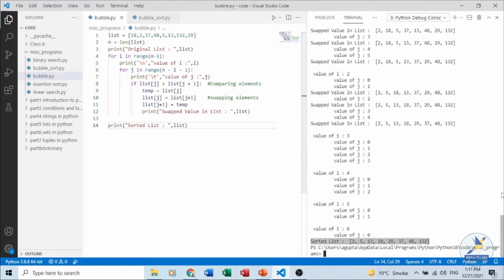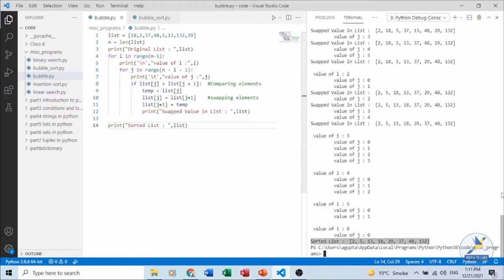In the algorithm discussed above, the execution time is more as the comparisons are made even if the list is already sorted. You could see in the output 3rd, 4th, 5th and 6th, no swapping is taking place. To overcome this, we can modify the algorithm by adding a boolean variable to check if there is a swapping of elements or not. This will reduce the iterations if the list is sorted and reduce the execution time.